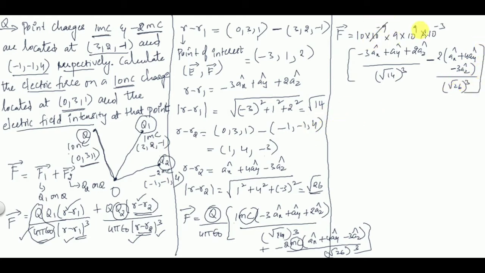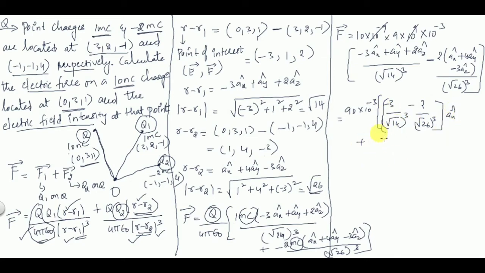Okay, so this 10 to the power of 9 into 10 to the power of minus 9 gets cancelled off, so this will be 90 into 10 to the power of minus 3, into, so minus 3AX by root 14, or just a minute, minus 3 by root 14 whole cube, right, minus 2 by root 26 whole cube into AX cap